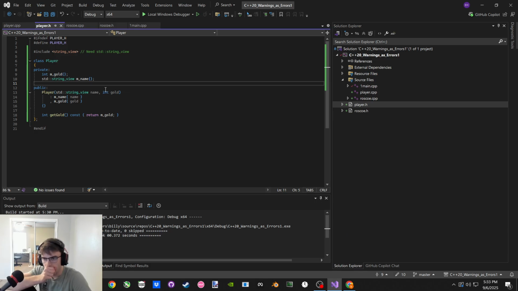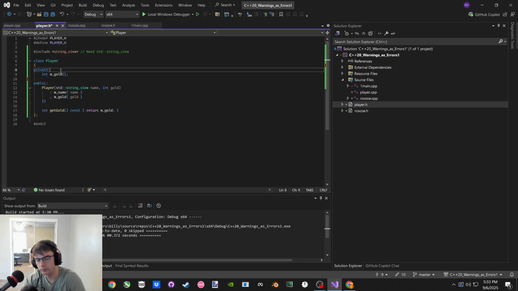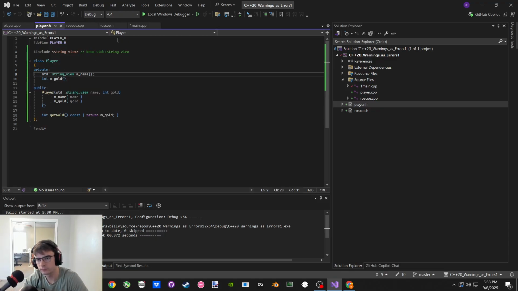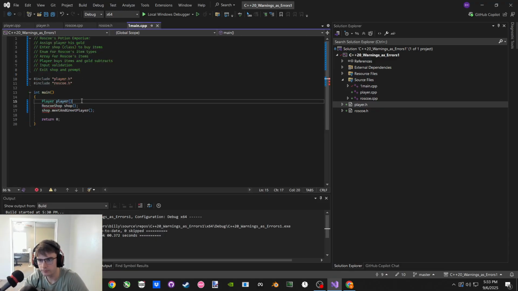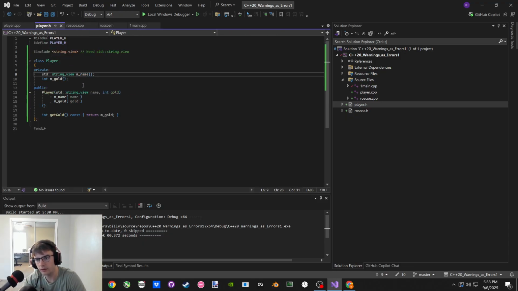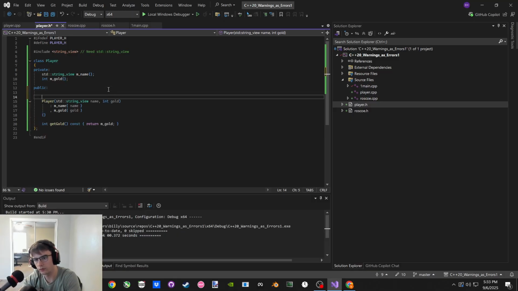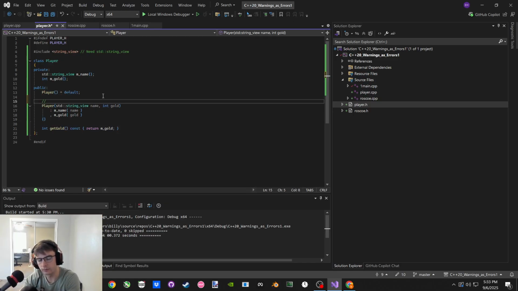Cool. And these are initialized in this order, not in this order. So I may as well make them be in the right order. Okay. And we'll say player, and it's initialized with, so let's say we could have nothing, but then we could also have a default constructor too. So normal constructor,